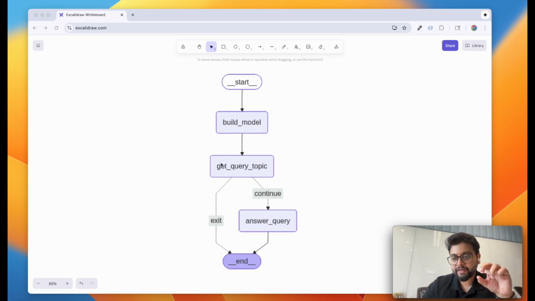Now, when we get the query topic, this is a conditional edge, which is just like a checker, or just like a gate, which will decide whether to continue the workflow execution or should we stop. So getting the query topic, what it does is that whatever a user is asking to the large language model, it first checks whether that query lies in the machine learning topic or not. If the query being asked by the user is a machine learning based question or lies within the machine learning domain, then this returns a continue